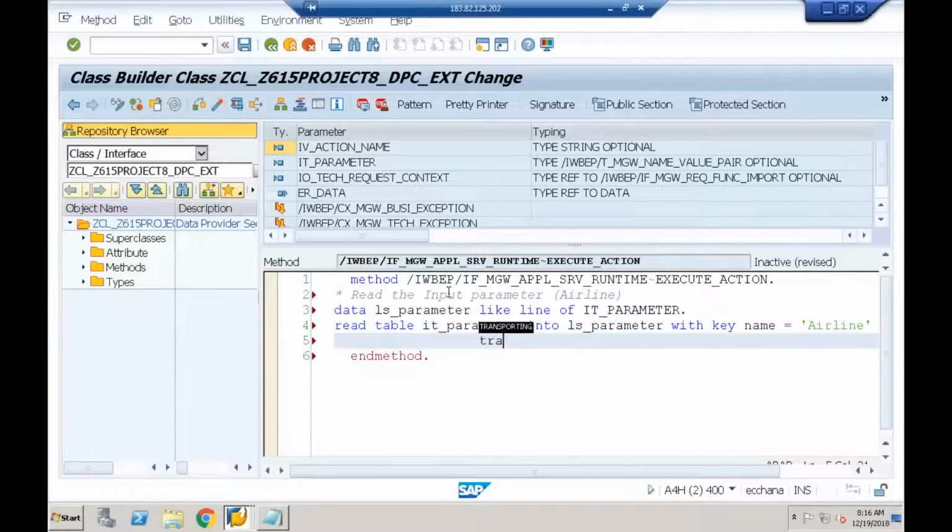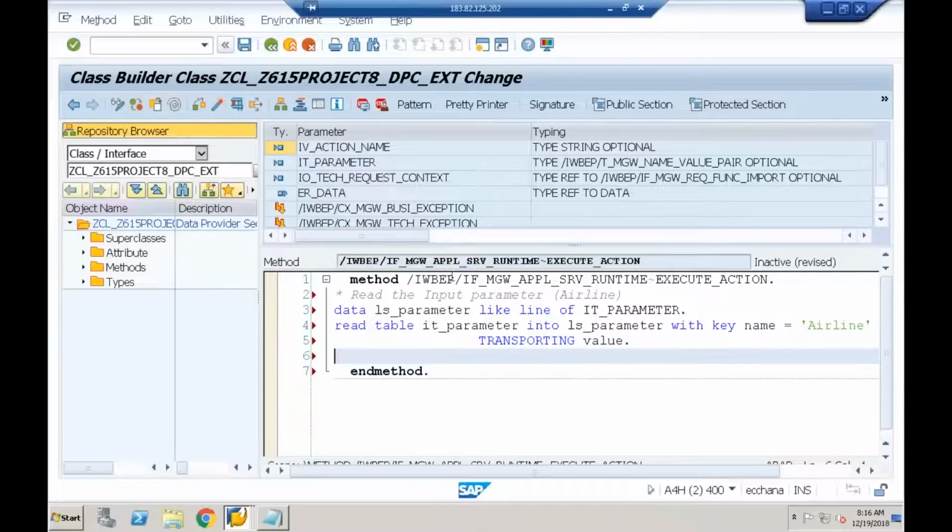And just to improve the performance I'm saying TRANSPORTING value, anyhow this internal table contains only two fields, name and value, so I'm transporting value. Done. If sy-subrc is equal to 0, if the input parameter is successfully read,